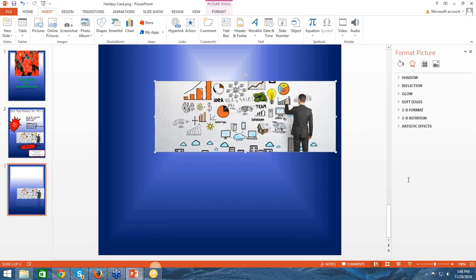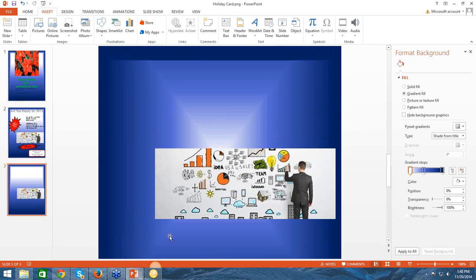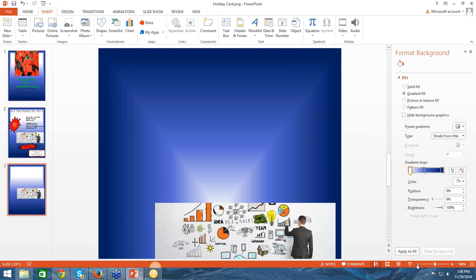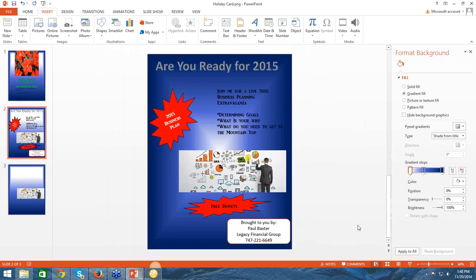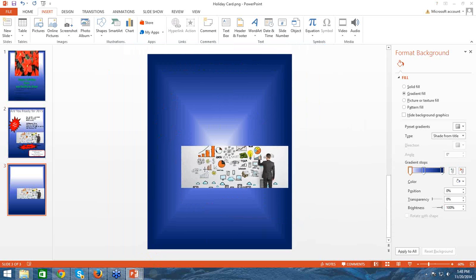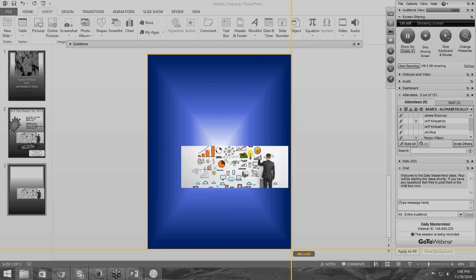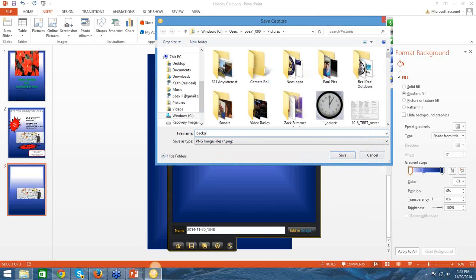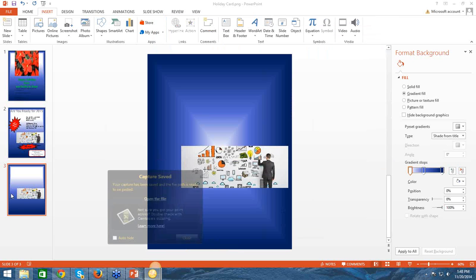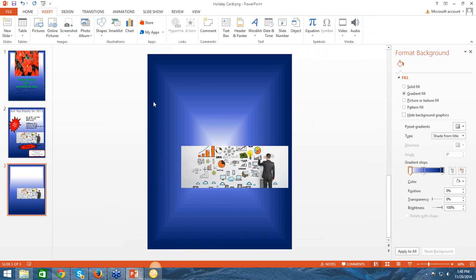So I want it to be there, but I want to make this a little more transparent. So what I would need to do now is make an image of this. I'm going to snap a quick Jing image of this whole page, save that as background, okay? And now I would come over here to design,